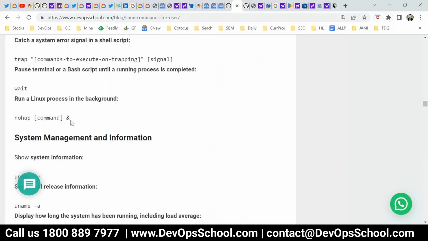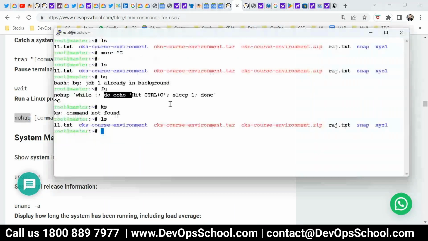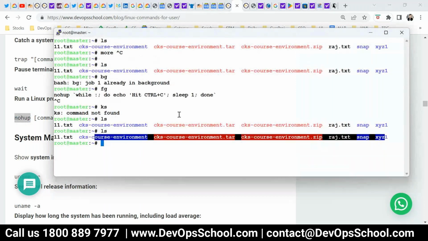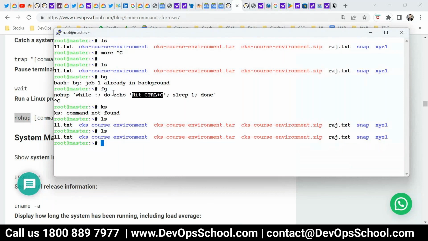So this command will run in the background. nohup is the file, which is a log file. It should be created here. Right now it's not created, maybe because of this one echoing to the console. So the output should go to that .txt file. Got it?